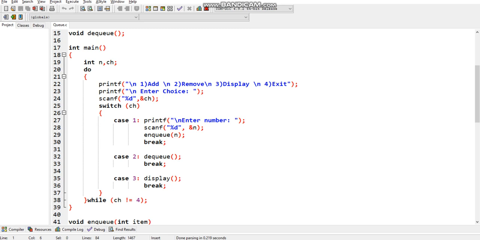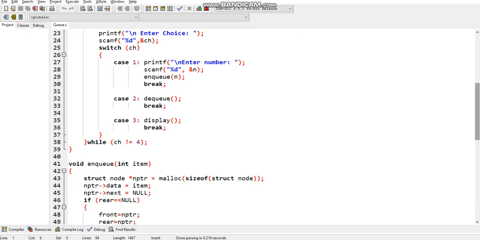In the switch case, in case 1, we can enter the number, that is enqueue. In case 2, dequeue, meaning delete the number. In case 3, display the numbers, and in case 4, the switch case is closed, meaning exit.